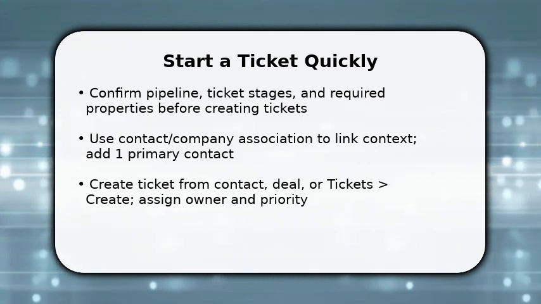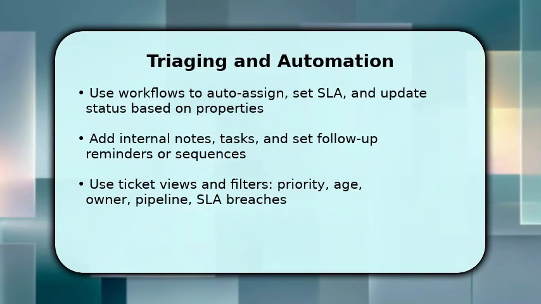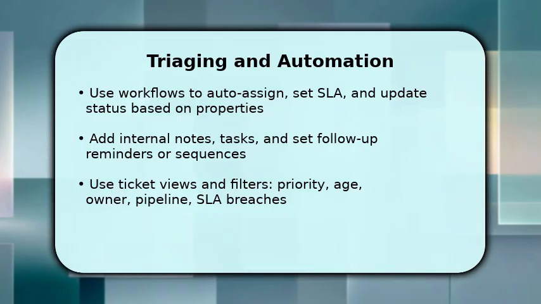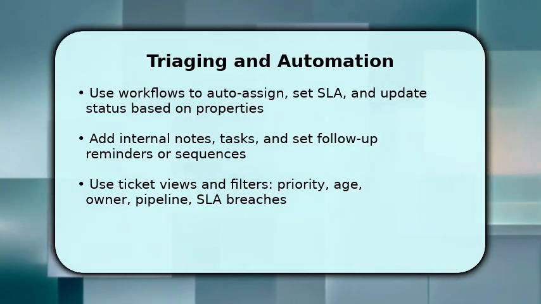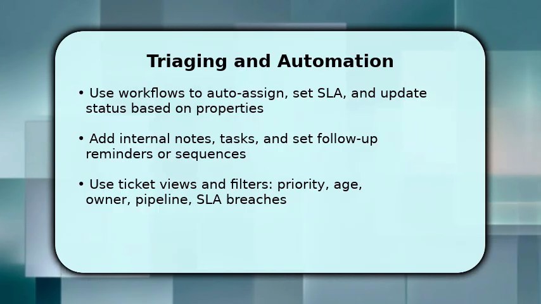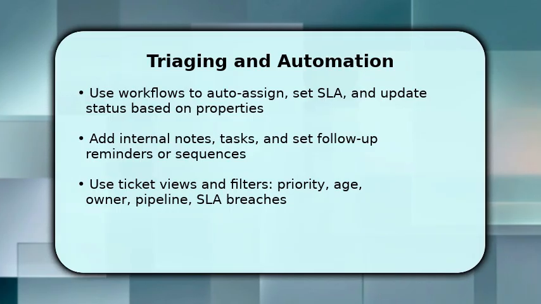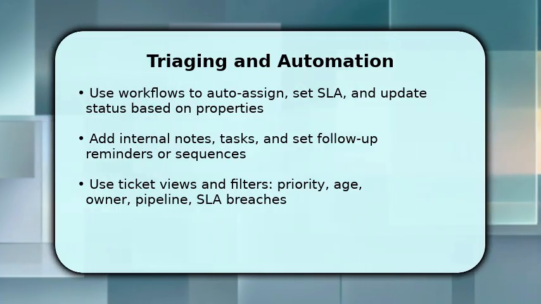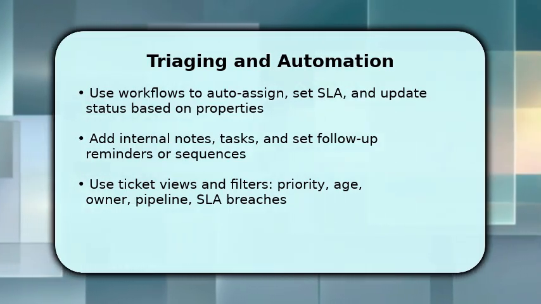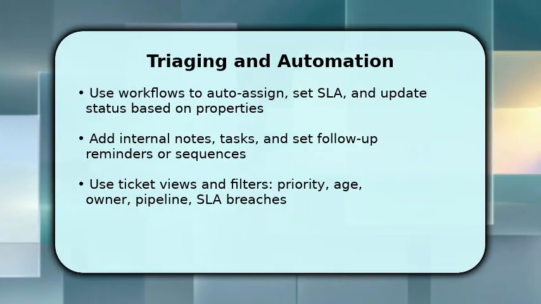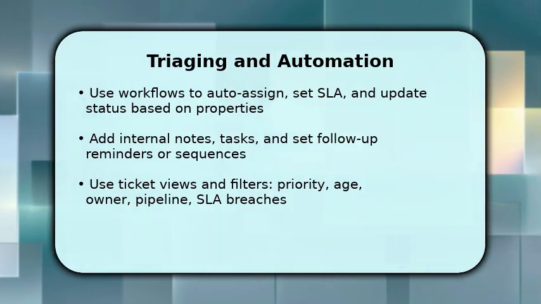You now triage, review ticket details, add internal notes, and create tasks for next actions. That keeps work visible. Use workflows to auto-assign owners, set SLA timers, and update ticket stages when conditions change, because automation reduces manual handoffs. Once configured, create Save Ticket views filtered by priority, age, or SLA breach so nothing slips